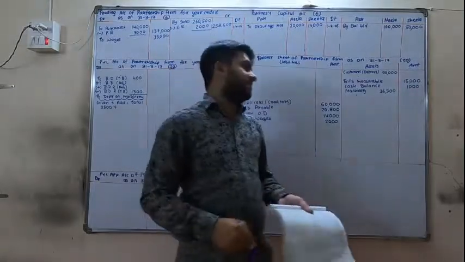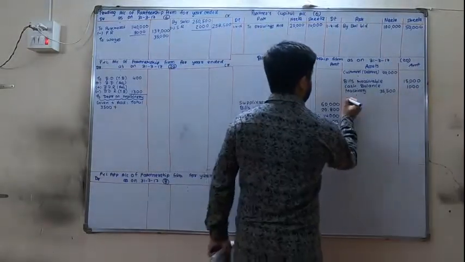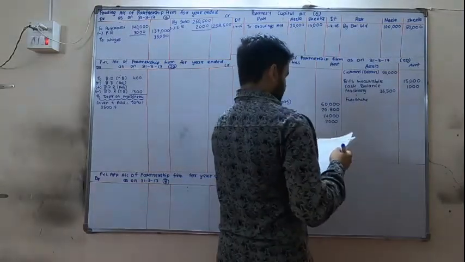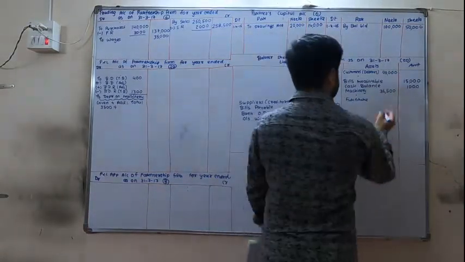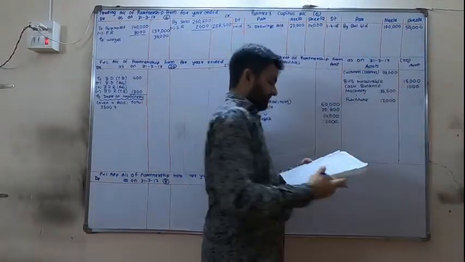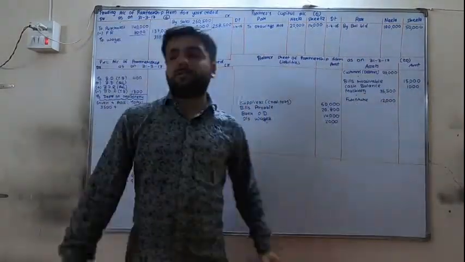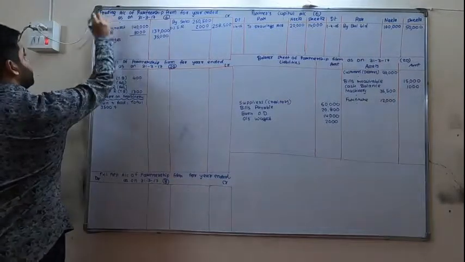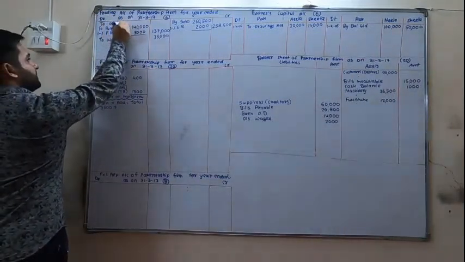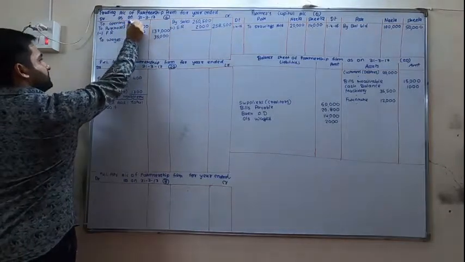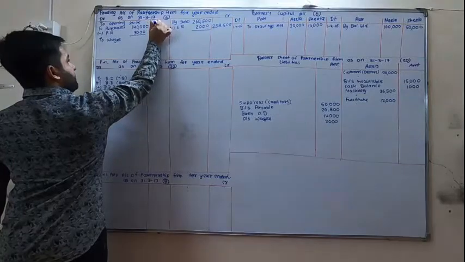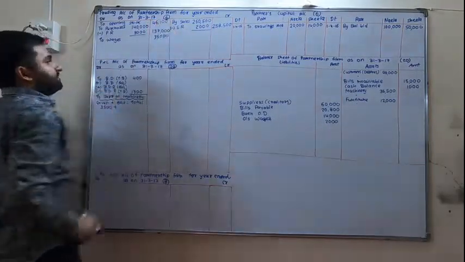Next we are having furniture. Furniture is also our asset, so after leaving one line for machinery we are writing furniture. In the inner column it also has an adjustment, 12,000, and we are leaving one line for one adjustment. Next we are having opening stock. Opening stock is on the debit side of trading account, where we have left the space for opening stock. Now opening stock is 46,100.